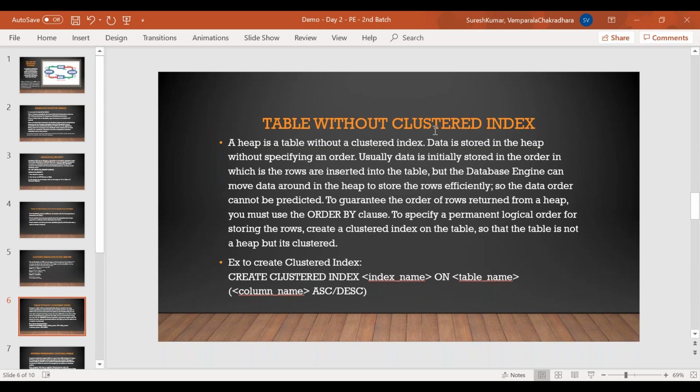The index will be applied on the group by clause. For example, if we have a search operation, or an order by operation, or a group by operation, we have to use the index based on these three scenarios. So if I have a table without index, I'll show you how the table will give the information.